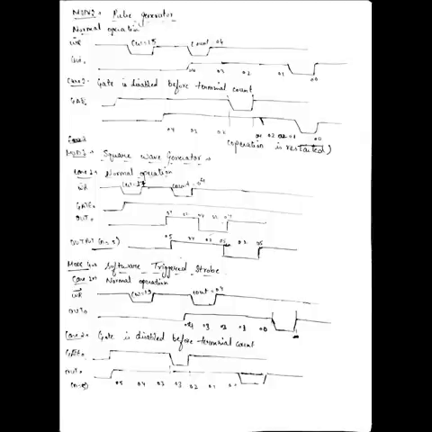Now I would be discussing the control word format of the IC8253. In the control word format, as we all know, we have 8 bits, from D0 to D7. The bit D0 is used for the binary counter or the BCD counter. If it is set as 0, then it is used as binary, and if it is set as 1, then it is used as BCD.